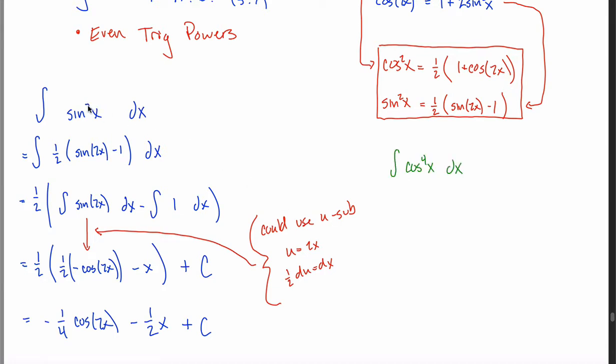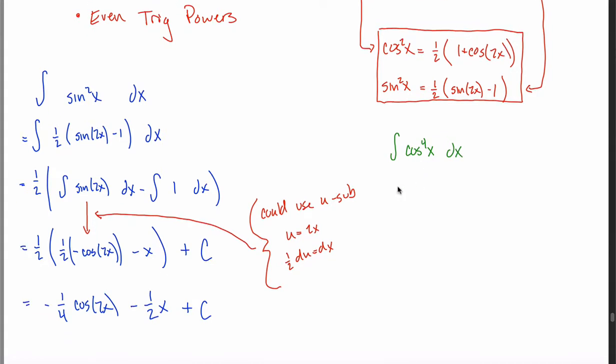What if instead of my power being a 2, it was a 4? It's still an even number, but now it's a bigger number. I switched from sines to cosines just to mix it up, but what you'll see is it doesn't really matter whether it's sine or cosine. It's just going to determine which of these two formulas you end up using. At any rate, if you started out with this problem, the trick will be pretty similar to the trick that we saw in the previous video when we had